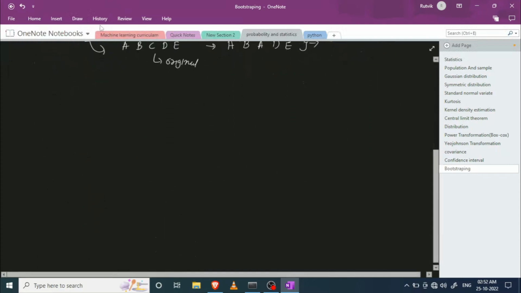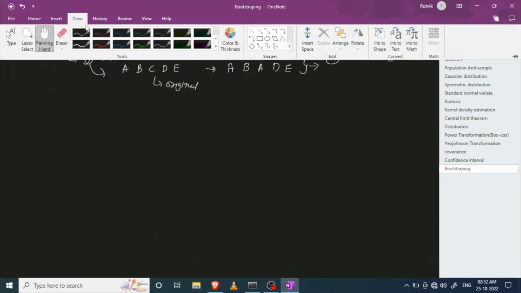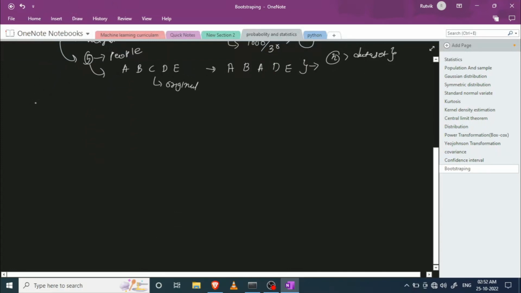So now let me discuss what exactly bootstrapping means. Basically, the whole bootstrapping process is divided into four steps. In the first step, we are going to create a data set from the original one. So here is the original data set, and we are going to create our next data set. That data set is called a bootstrap data set,